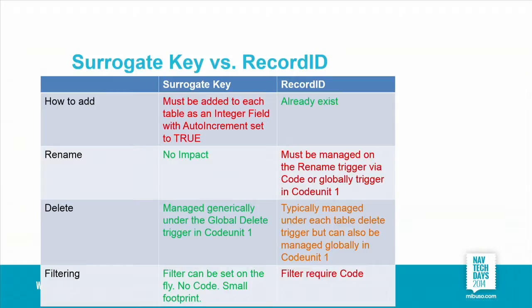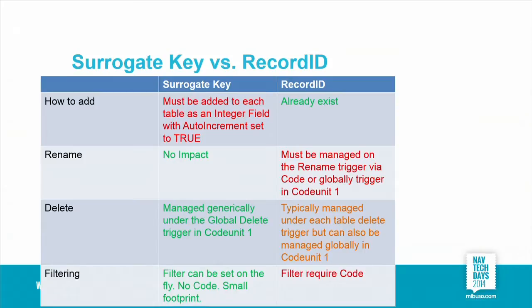And then there's filtering. And filtering is another issue, and that's probably the biggest issue with record ID. Let's say I have created a comment form that's generic, so I can attach it anywhere I want. I can't filter on it with record ID without somehow implementing code into the system that passes this record ID so I can set a filter on it by code and reduce what I'm looking at. This sounds a little tricky right now, but I'm coming with a great example in a minute.